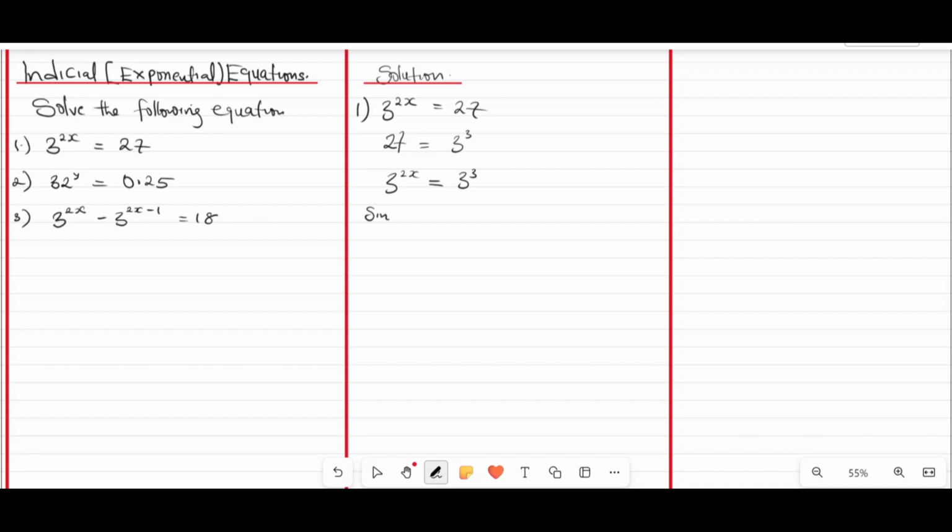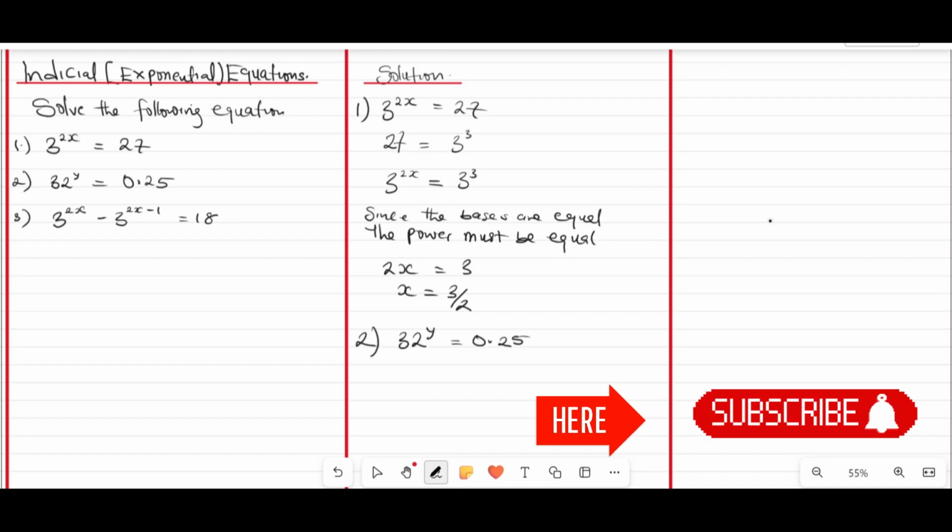So since the bases are equal, the powers must be equal. So we have that 2x is equal to 3. So x will be equal to 3 divided by 2. That is our answer. Now, number 2